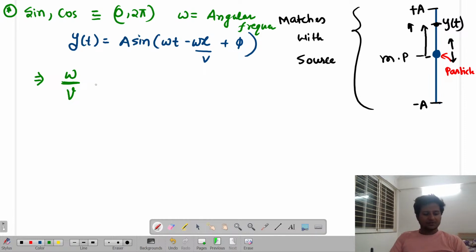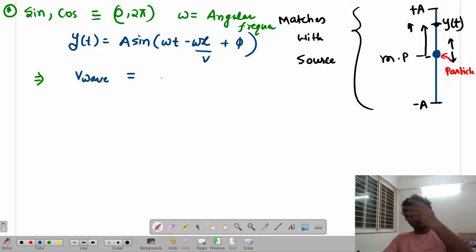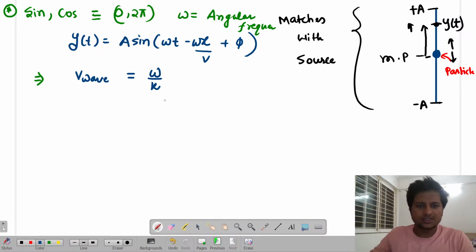Let me write it properly. We know that the velocity of the wave is something. So let us define this velocity of wave in terms of some wave number, and we call this velocity of wave omega by k. For now, just keep it as a number to understand; I'll tell you what it is. And k was called as